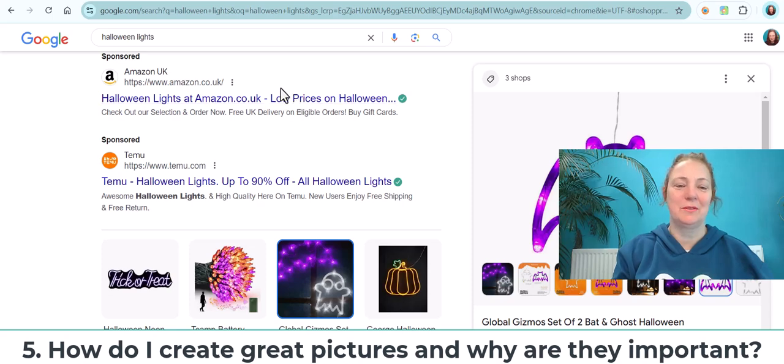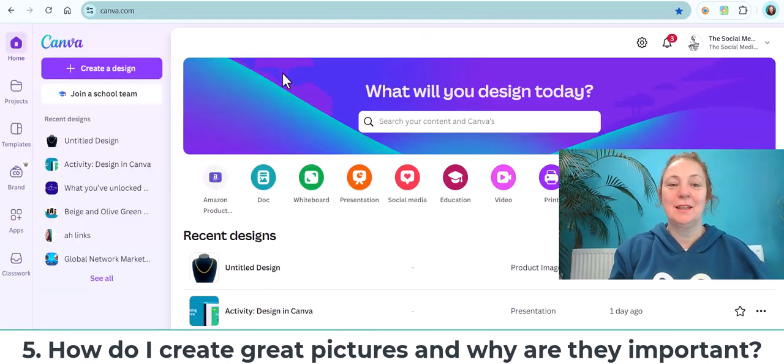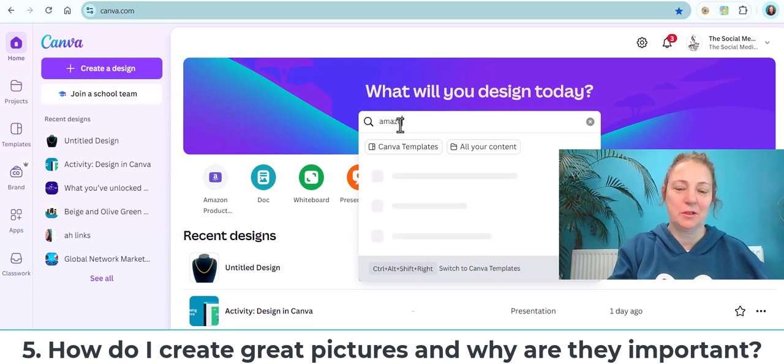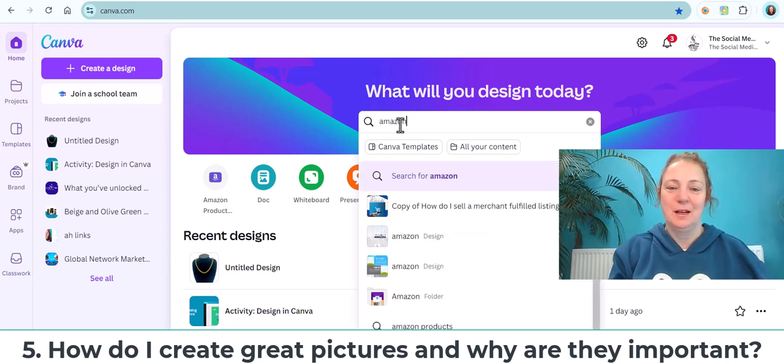So let's just switch over to something that's cool that you can make compliant pictures to your heart's content. So this little lovely is called Canva. It's amazing. If you're not using Canva already, really? We are going to have some whole training sessions on how to, but this is an exceptionally powerful piece of software that I use for everything, and you'll see why in a second. So it's asking me, what do I want to design today? So I'm going to tell it I actually want to do an Amazon picture, and